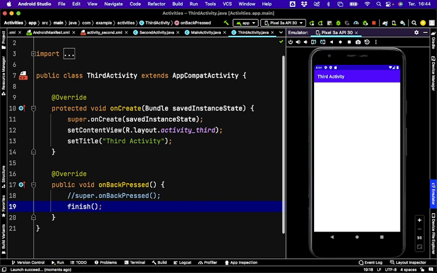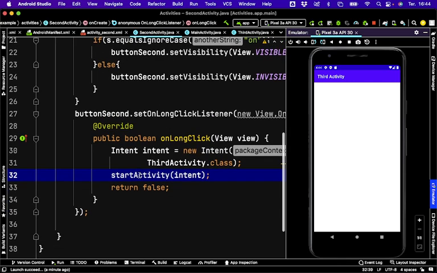You can call it other places than here. You could have a button that finishes the activity. But normally we want to send some information back. So here on the second activity, when we start the activity, we could have